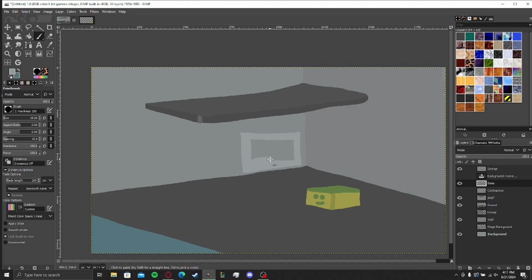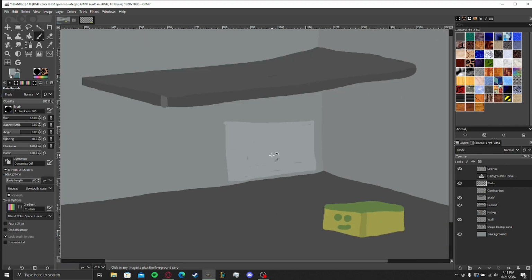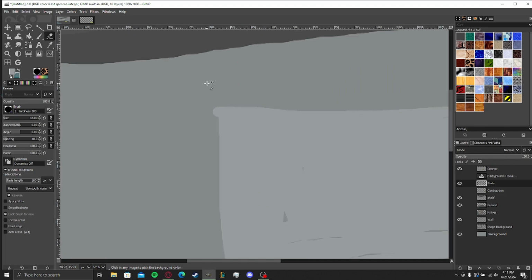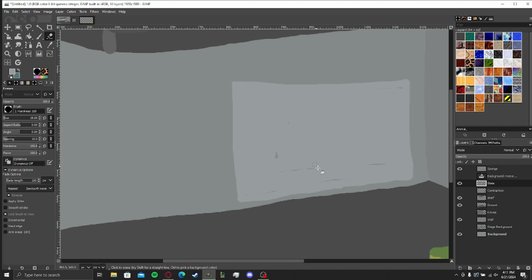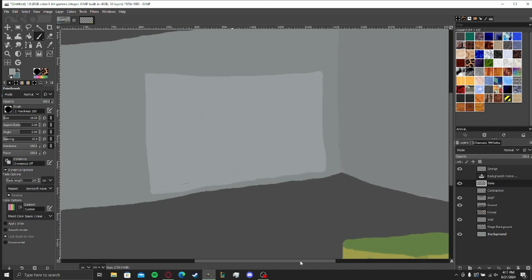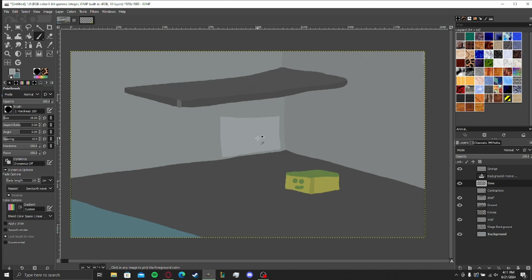Gonna make like a dry erase board type of thing. Also, if you're asking why I don't do like a paint bucket, I just can't get the sensitivity right on a paint bucket to paint the squares that I want it to paint, and just to leave everything else alone. So I do this, which is very inefficient, and if I was, you know, an artist with like a job,